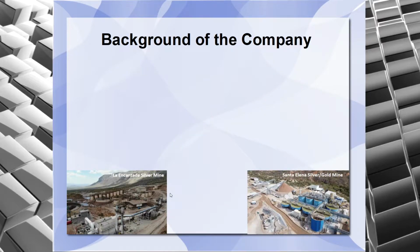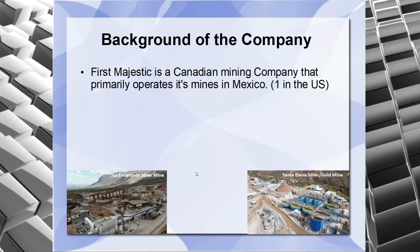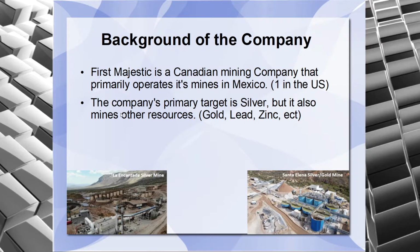All right, we're going to move on to a brief overview of the company itself now and some of the facilities they have. So First Majestic is a Canadian-based mining company, and they have most of their facilities located in Mexico. One of them is in the U.S., in Nevada. It was somewhat recently purchased. The company's primary target is silver, but they also mine for other resources, secondary being gold. A lot of their facilities, they are trying to amp up their gold production, but it's still primarily silver. And they have a little bit of lead and zinc and other things that they do on the side, but